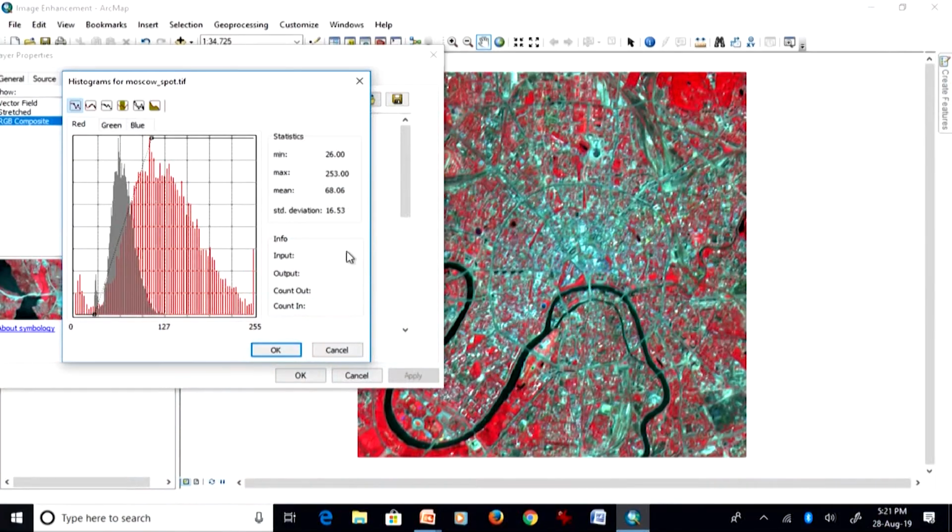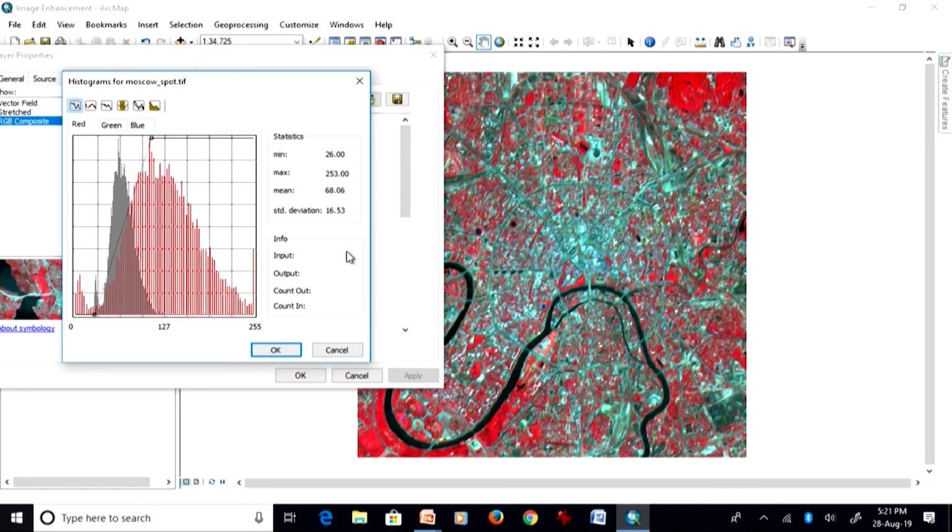Now when I go back to this histogram, this is what I see. The original is shown in grey color, and the redistributed one, that means the one stretched through standard deviation with value 2.5, is now occupying the full dynamic range, and therefore our image has started looking brighter as well.